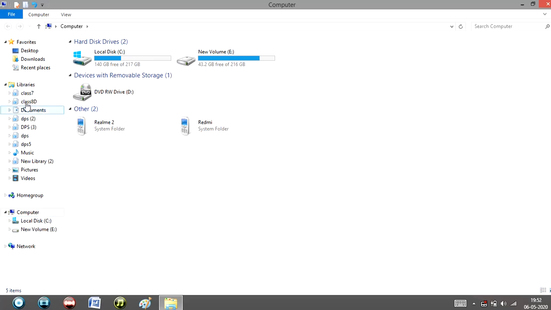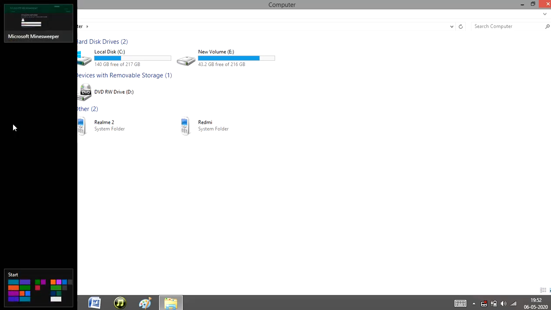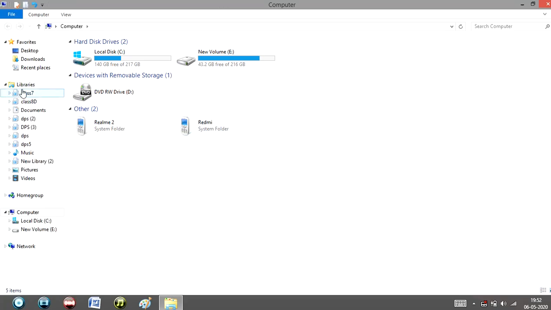So the left pane contains the libraries or folder icons or links, and the right pane displays the selected folder which we have selected in the left pane. That particular selected folder and subfolders will be displayed on the right side.